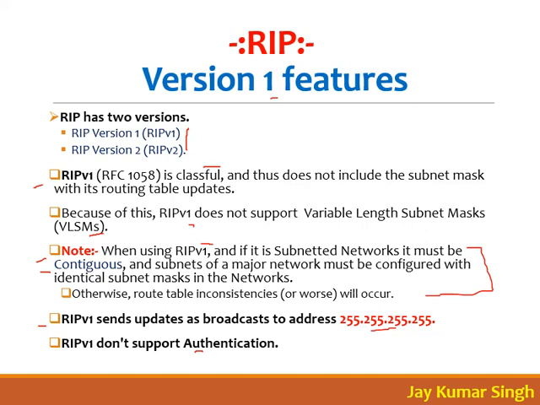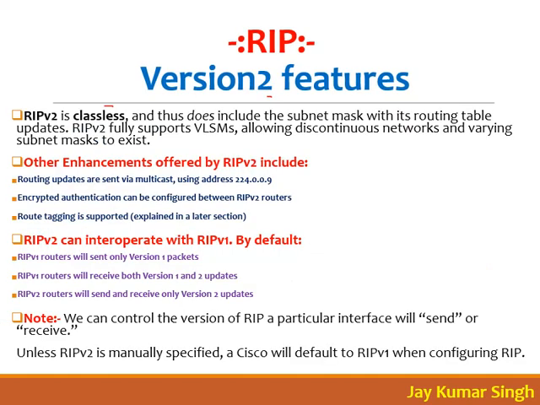So if I write 10.1.1.0/29 and send this information to you, then you understand that it is subnetted, right? But if I send you 10.1.1.0, you will think that it is /8, right? So this is RIP 1. It sends the network to its neighbor without the subnet mask, and RIP 2 sends the network information to its neighbor with the subnet mask. That's why it says whether you are subnetted or not.